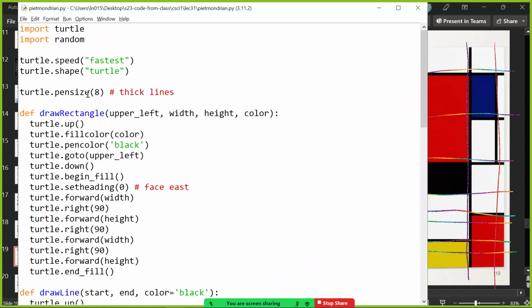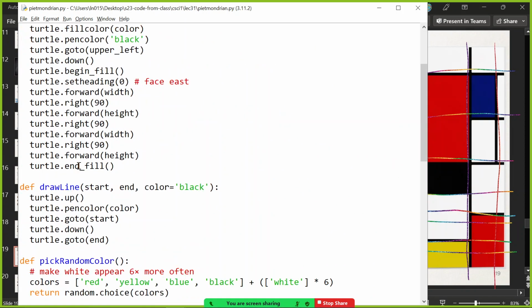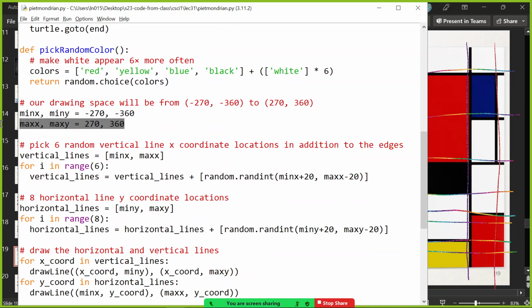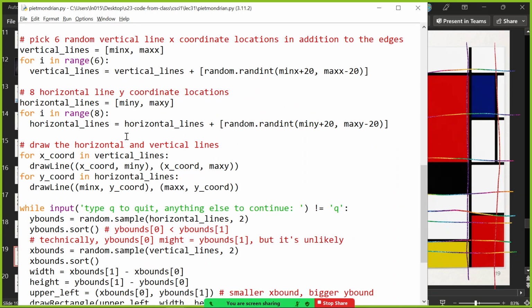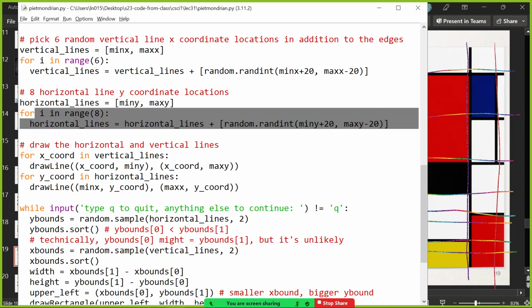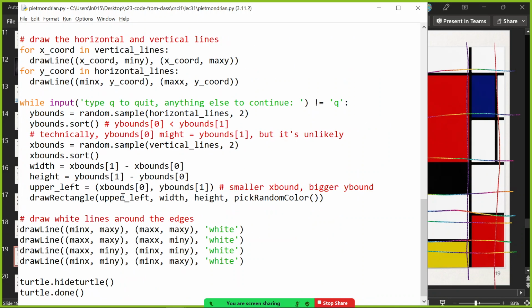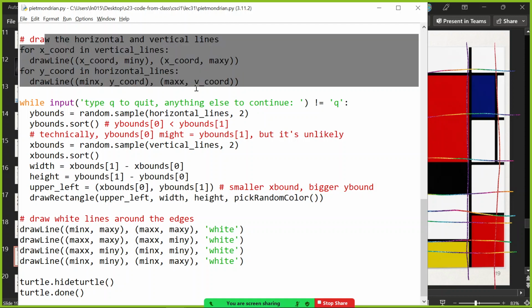But yeah, here's a bunch of things. Draw thick lines very quickly, draw a single line with start and end, pick a random color. Here's our drawing canvas. Here I am drawing a bunch of random horizontal lines. I'm picking random places for them, adding them to a list, and doing the same for vertical lines. Draw them all, first of all.